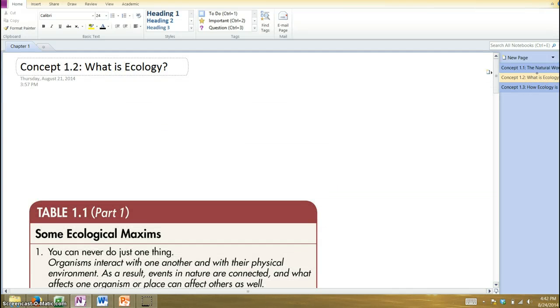Okay, concept 2, what is ecology? So we talked about this in class a little bit the other day, and we sort of summarized it as the study of natural organisms in the environment, natural systems, and the interactions that occur between these organisms. We've contrasted this a little bit with environmental science, which you could describe as a field within ecology where we look at the effects that human actions have, that people have on natural systems.